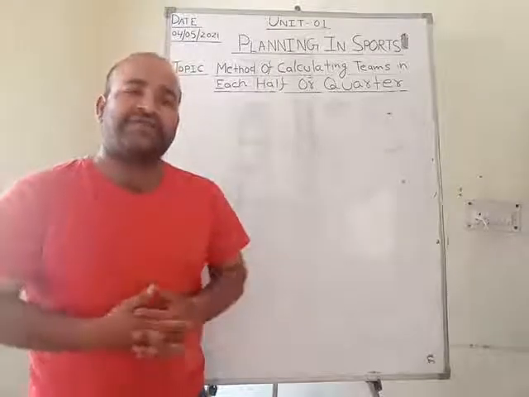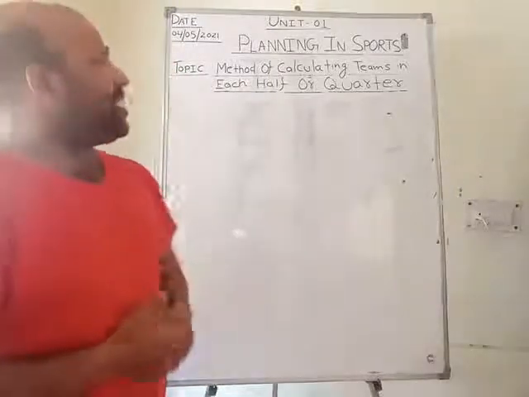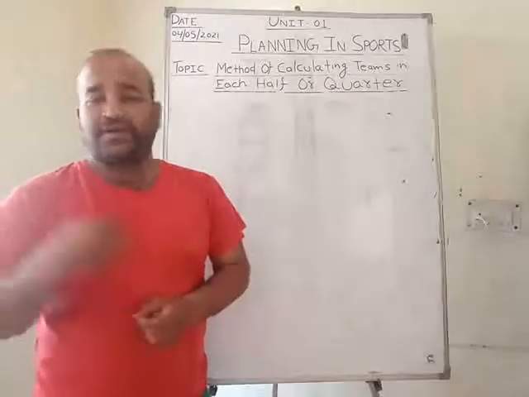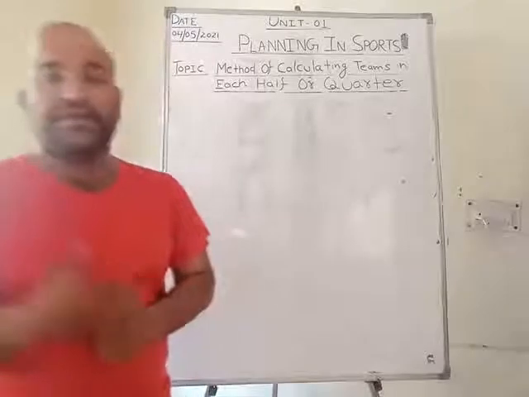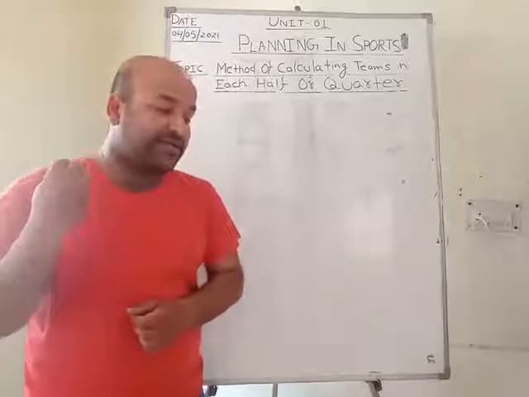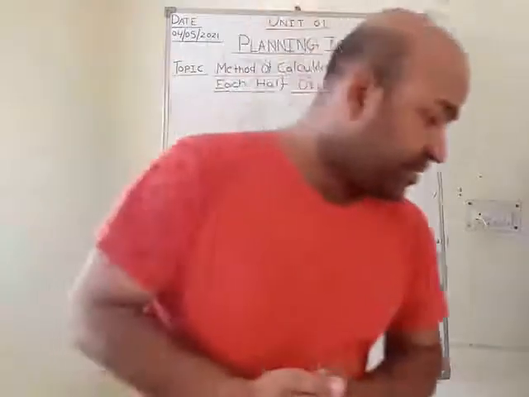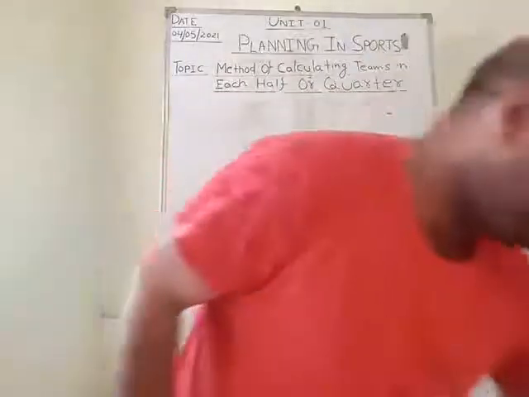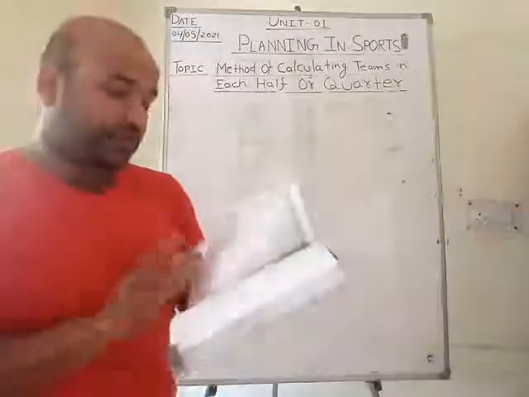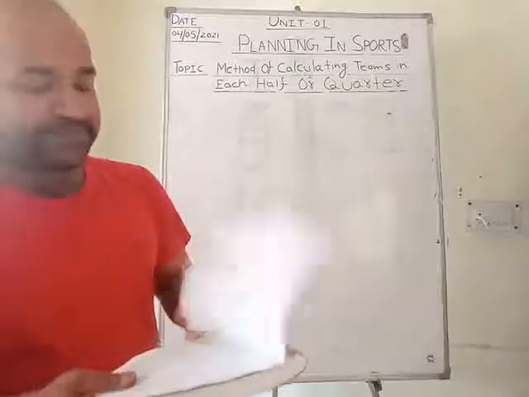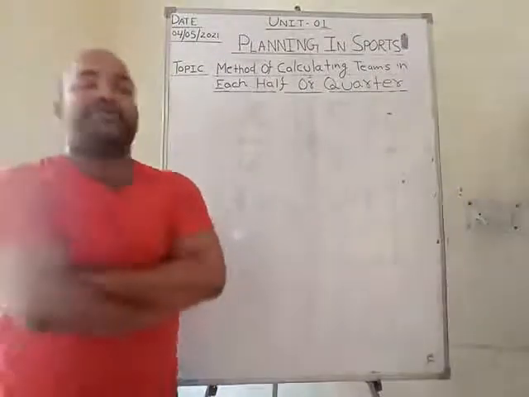In the next class, on Friday, I will teach the quarters once again, after remainder is 1, remainder is 2, remainder is 3 in these conditions. And the next topic is the number of rounds in the knockout tournament. And I will give more examples related to these topics. और फिर उसके बाद pictures. मुझे ऐसा लगता है कि हम इसको जो है बहुत आसानी से समझ पाएंगे और सीख भी जाएंगे.